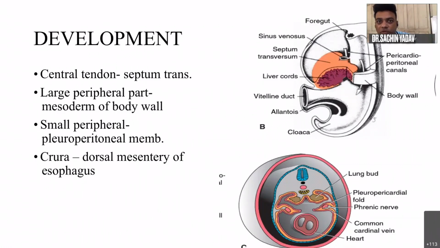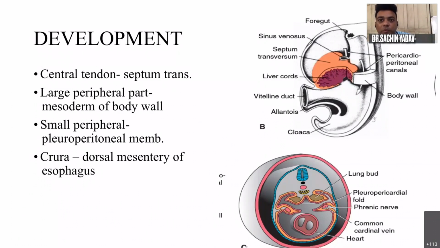So the septum transversum, which is giving rise to the central tendon, is a very important structure because it first develops at the level of the neck in the cervical region. But during the folding happening in embryo development, the septum transversum comes between the thoracic and the abdominal cavity, and it remains there. But it is still supplied from the cervical region, that is cervical spinal nerves 3, 4, and 5. Okay, so the phrenic nerve has the nerve roots of C3, 4, 5, the 3rd, 4th, and 5th cervical spinal nerves.